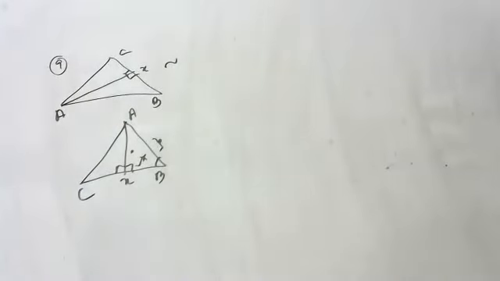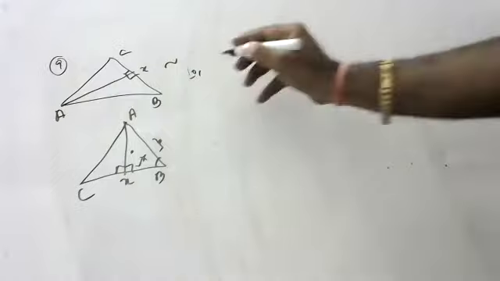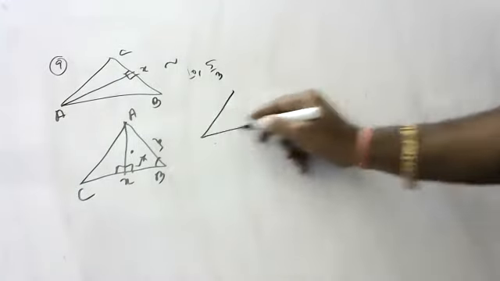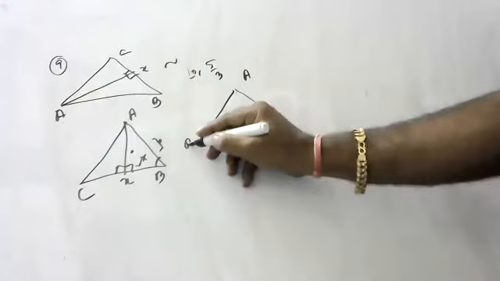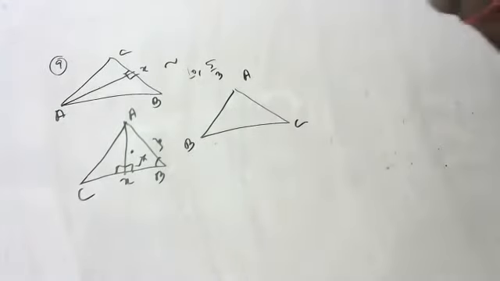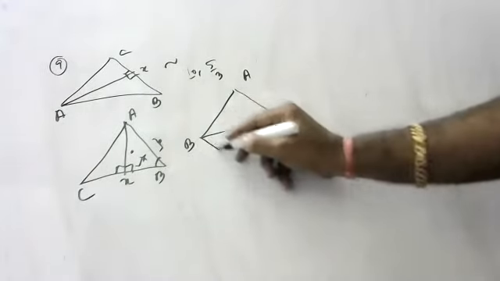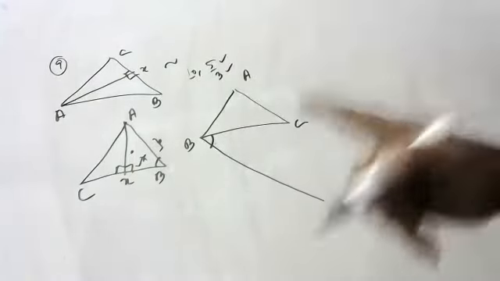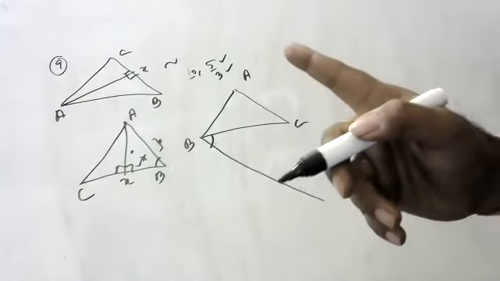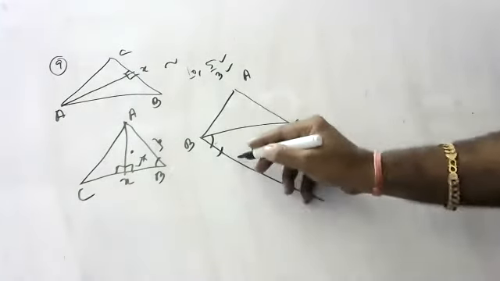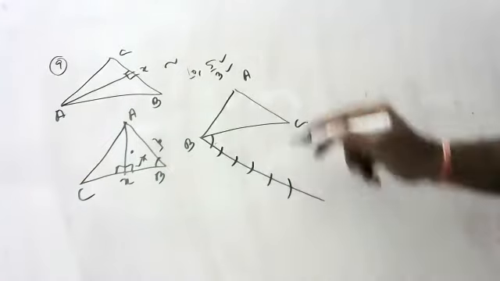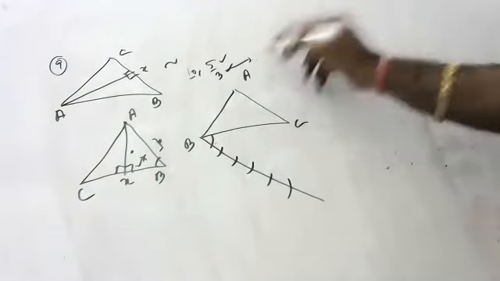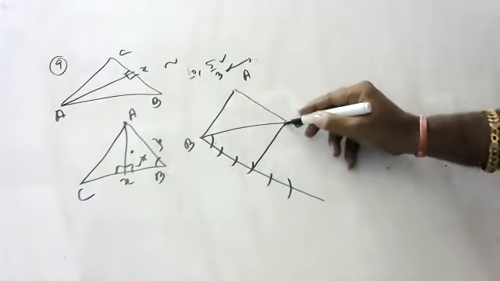Okay, children, the 10th one is very, very easy. Already we have discussed so many times. Construct a triangle similar to the given triangle with 5 by 3 times. Of course, the triangle is not there for you. Just remember, we have to construct an acute angle. Among 5 and 3, which is the biggest number? Five. So construct 5 equal arcs. Always denominator to the tip.